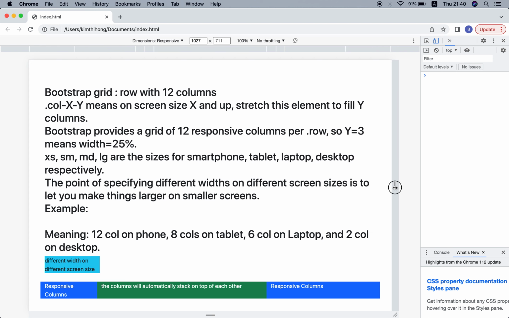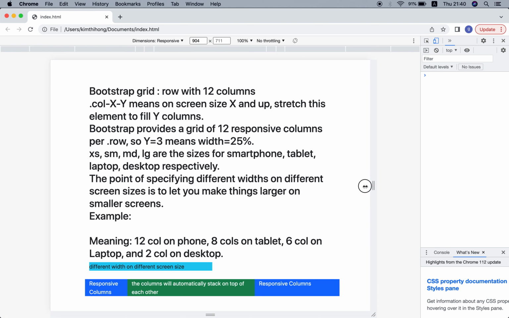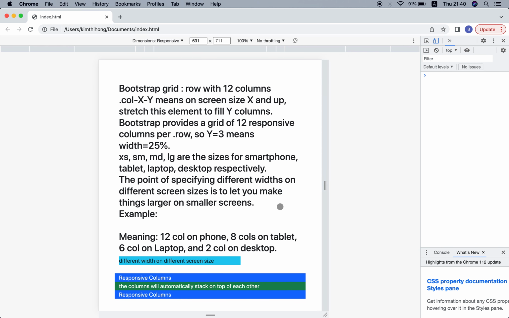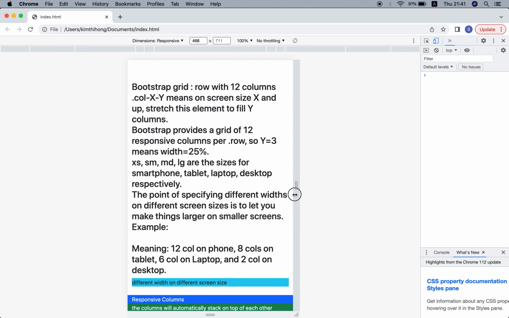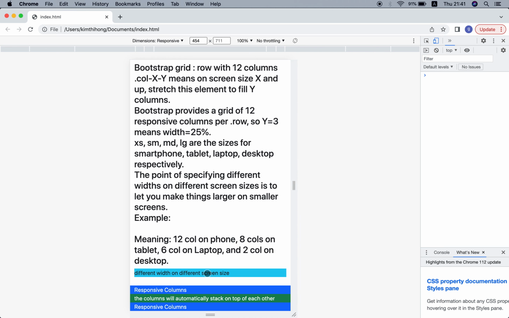And if we adjust the screen size, now you see the columns automatically stack on top of each other. If we adjust the screen size smaller, the columns automatically stack on each other.